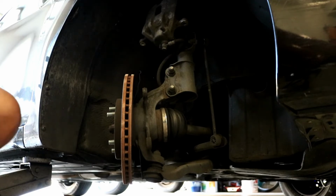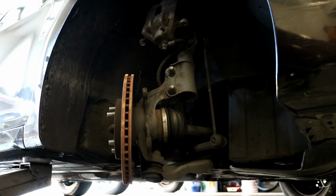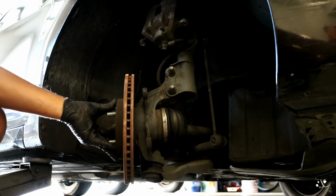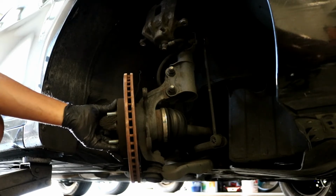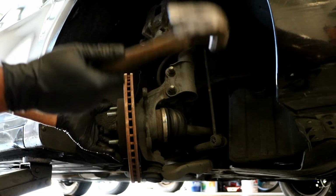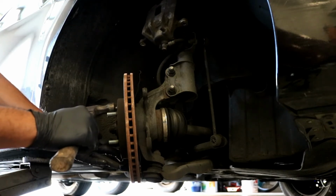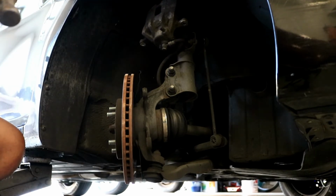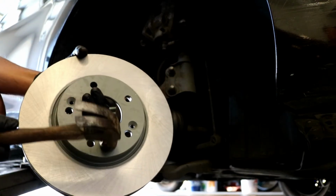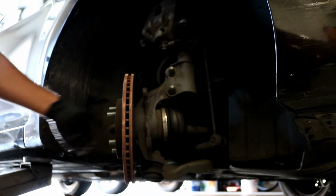Okay, now that you have the caliper bracket off, you can go on ahead and remove the rotor. Fortunately, this one just fell off. If for some reason yours gets stuck on and you're trying to get it off, grab a hammer. Don't hit it from the back of the rotor. Hit the very face of the rotor where, you know, let me show you on the new rotor. Hit the face of the rotor here in these spots, a few good whacks, and it'll come right off, I promise. So go on ahead and remove the old rotor,